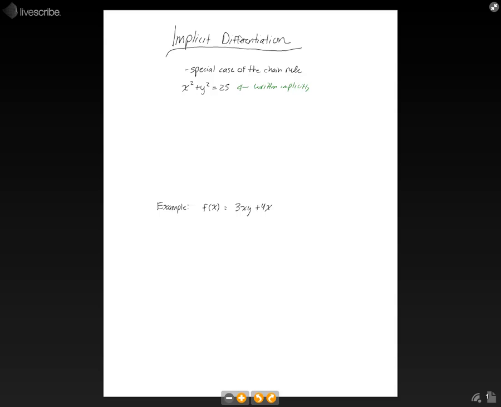Implicit differentiation, we're going to take the derivative of both sides of this equation, and we're going to say d by dx of x squared plus y squared equals d by dx of 25. d by dx of 25 we know is going to be 0, but we now need to take the derivative of x squared plus y squared. We can break this down, so we're taking the derivative of x squared plus the derivative of y squared, and we know that the derivative of x squared